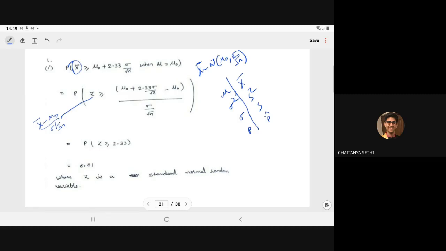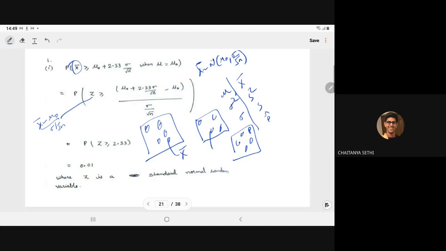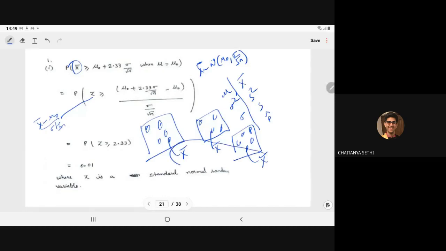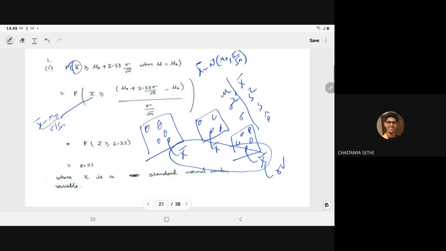From the sample, we have the sample mean. Actually, what is going on? This is the population. From the population, you have taken a sample. From the same population, again you have taken a sample, and again. For each sample, we have a sample mean. Due to the different samples, we have different sample means. It means this must also follow some distribution. This is a random variable, and a random variable will follow some distribution.